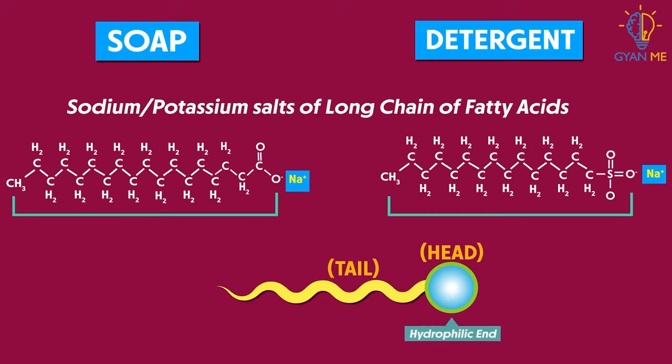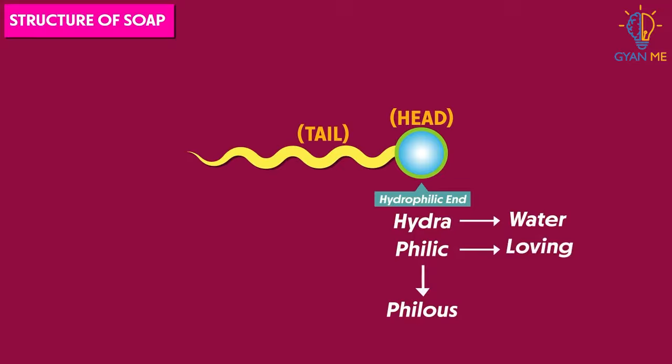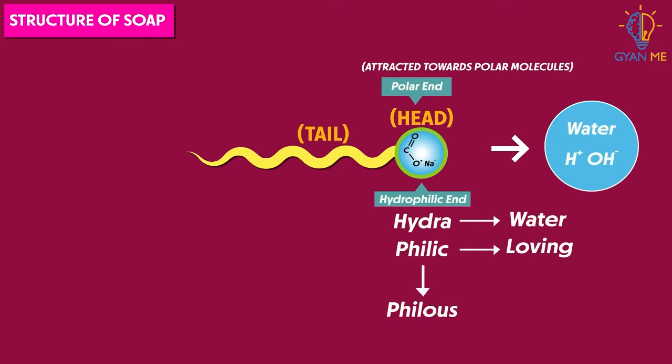First is this ball-like head which has the functional group and metal ion attached to it. This is the hydrophilic end. But why this name? Hydra is water, as we know, and philic is derived from philus, meaning loving. This means that this end loves being with or around water. This hydrophilic part is itself polar, so it gets attracted to polar molecules like water and thus is also referred to